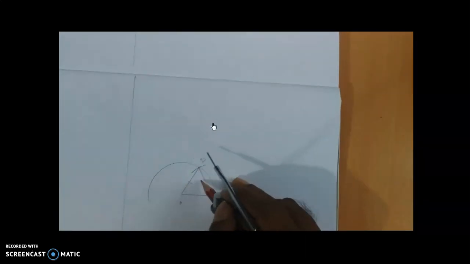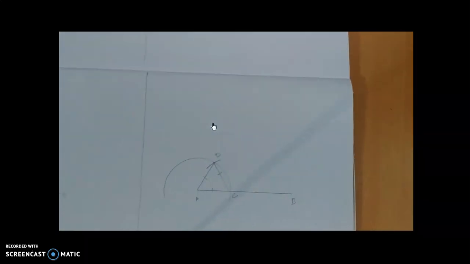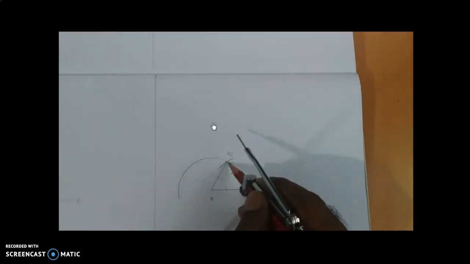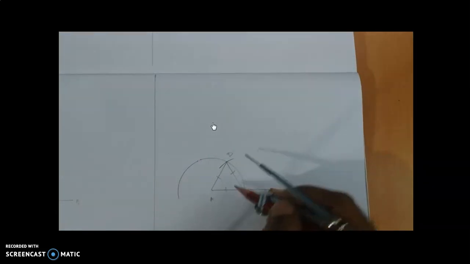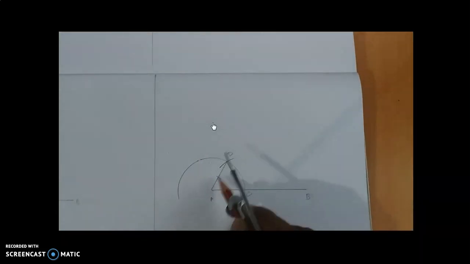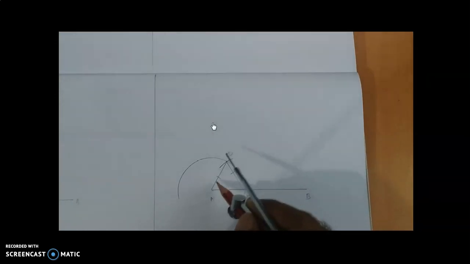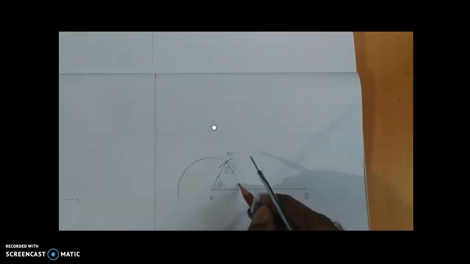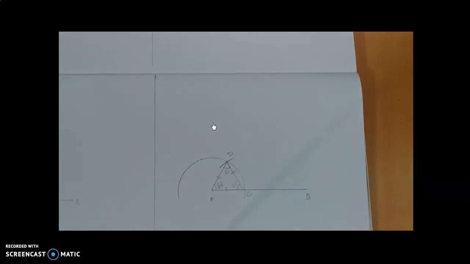Now if you measure these three lengths of the sides, they should be equal. Definitely, because the arcs are equal from here to here, the arc having the same radius, and from here to here also the arc having the same radius. Therefore the lengths of the lines are the same. Therefore it is an equilateral triangle because all the sides are equal. And if you measure the angle with your protractor, definitely it will be 60 degrees. So this one is 60 degrees, this one also 60 degrees. So that is the procedure to construct an equilateral triangle without a protractor.